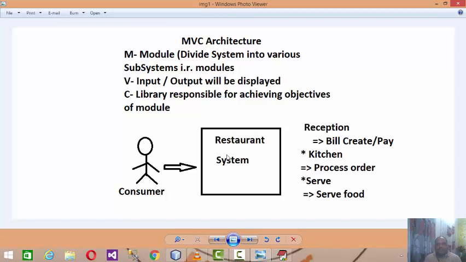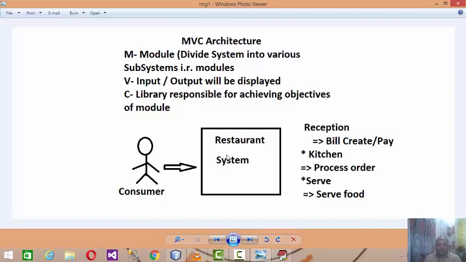So the restaurant owner decides that I will not hire any other servants or employees and I will perform all the stuff. It means whenever the consumer comes in the restaurant, he is responsible for welcoming him, allocating him a seat, taking the order, then going to the kitchen, processing that order, serving that order to the consumer, generating the bill and everything.